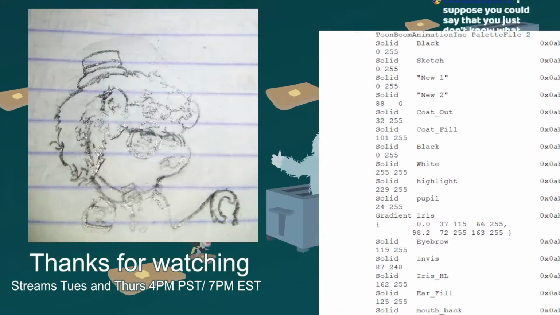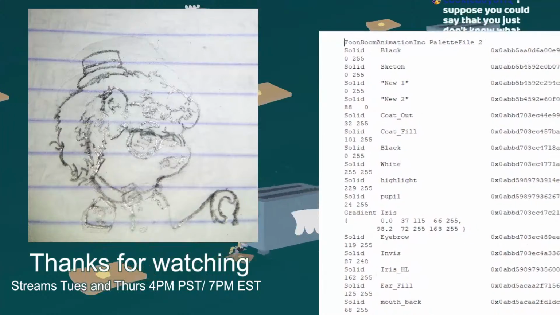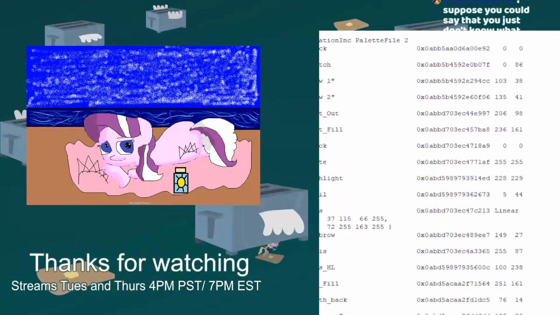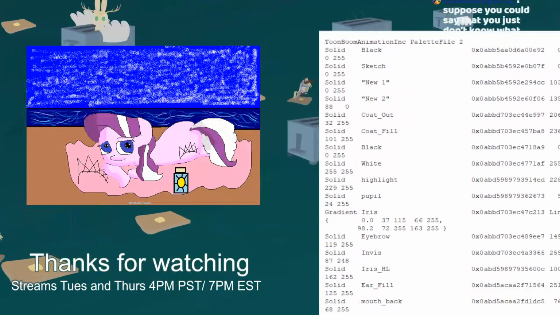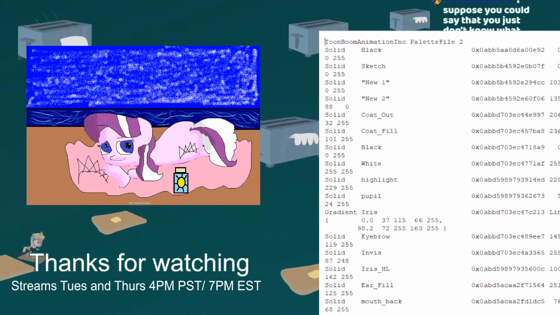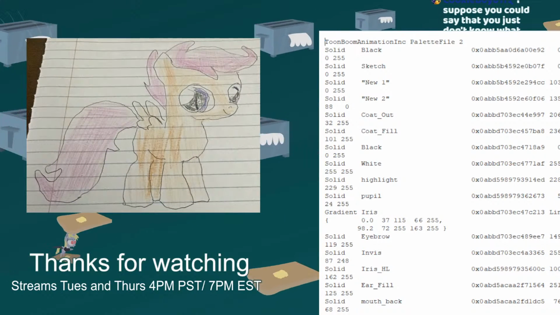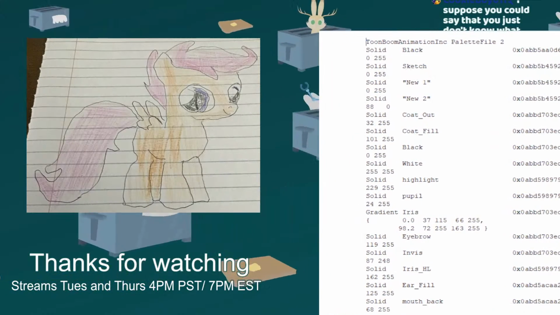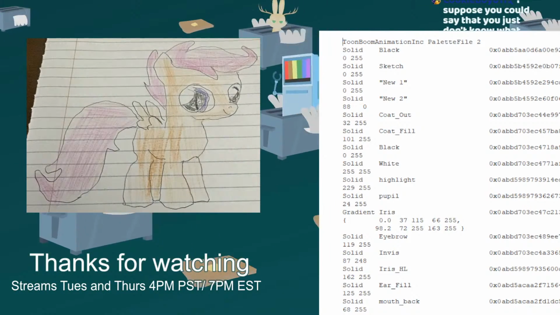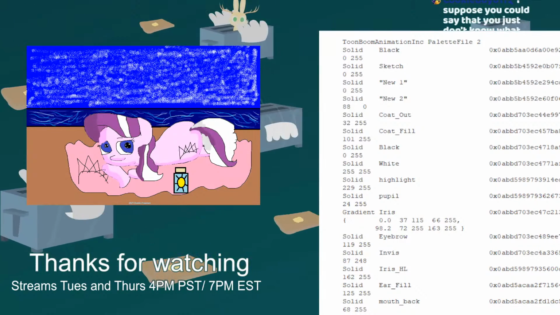So this is a WordPad, or at least I'm using WordPad to view these values here. And we got the palette file too. It's got a solid instead of a gradient. Let's make this a little bit longer so I can see. Does that work? Trying to have it so this is not on the same line. Well. Anyway, so it creates a